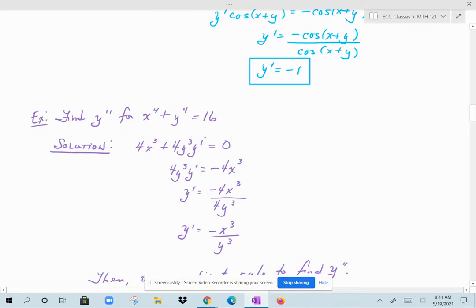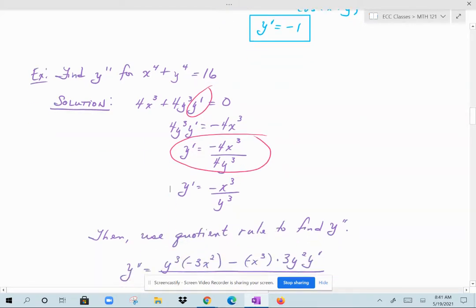Now the rest of this is just algebra. I need to isolate y prime on one side. So subtract the 4x cubed over to the right, like we did here, and then divide both sides by 4y cubed so that y prime is alone. And then just simplify the right side, and you get that y prime is equal to -x cubed over y cubed. Okay, but remember we were asked to find y double prime, so I need to now take the